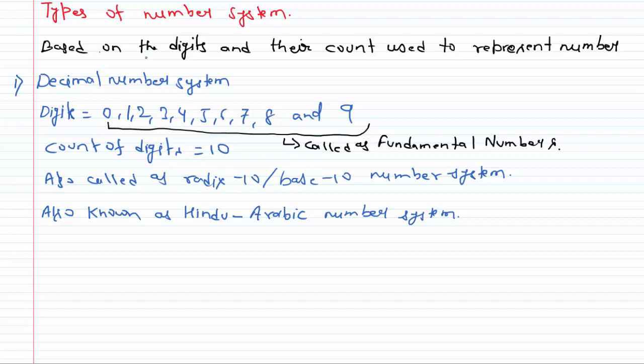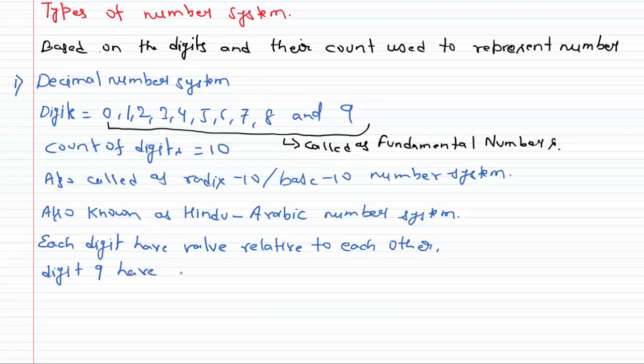Each digit has value relative to each other, where digit 9 has the highest value among all digits. So if we write the numbers in the ascending order by values, it will be